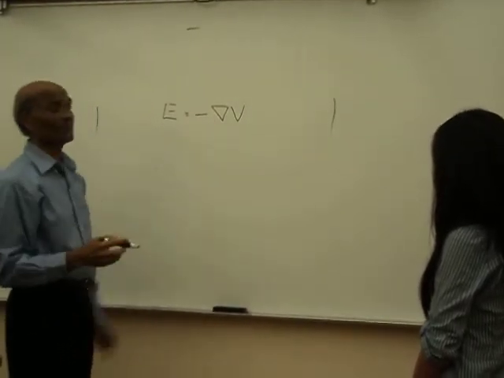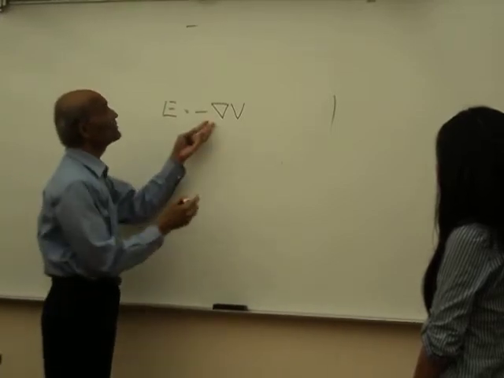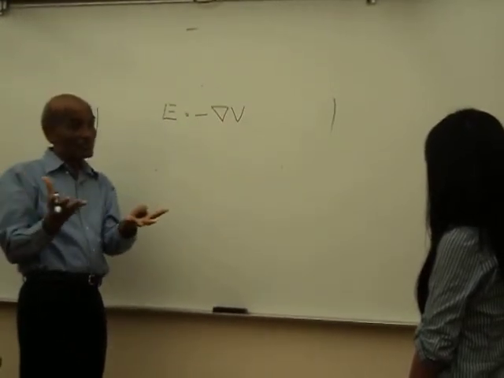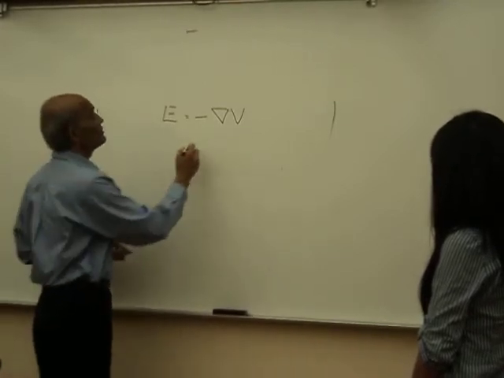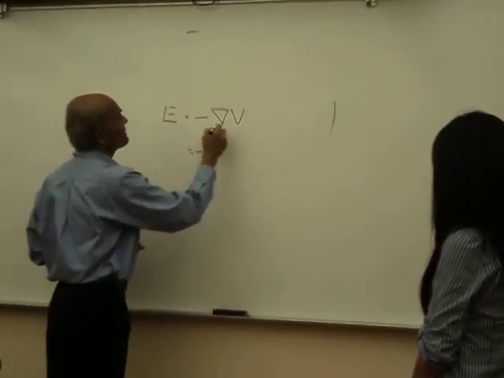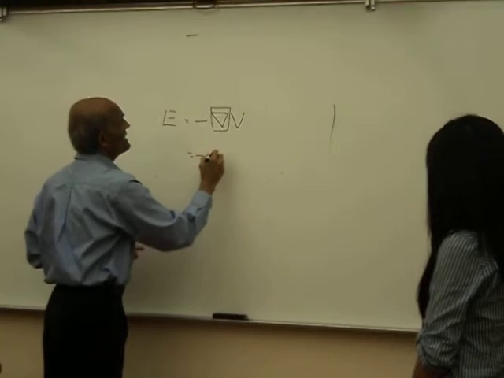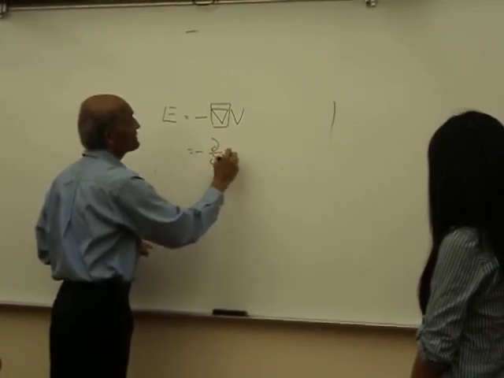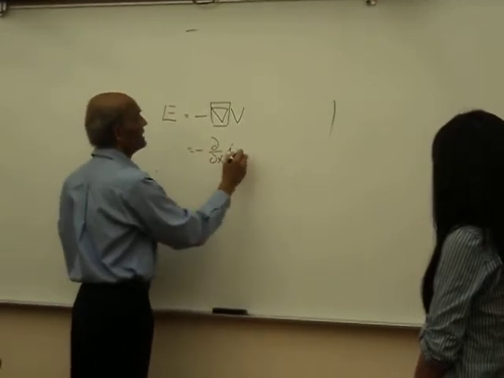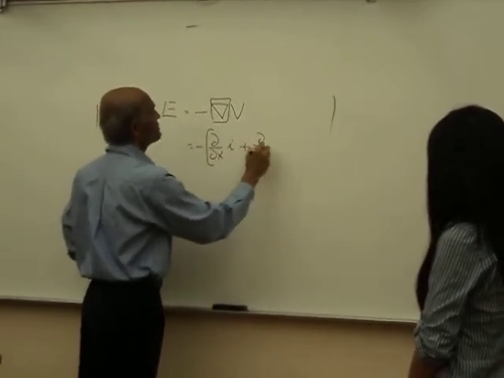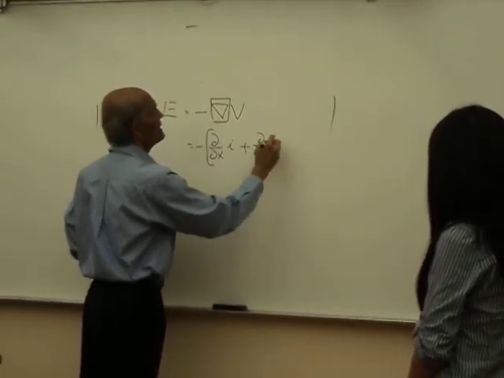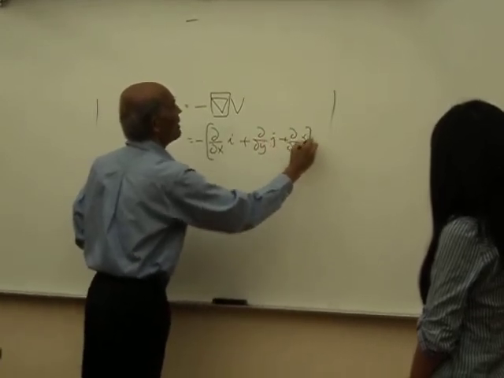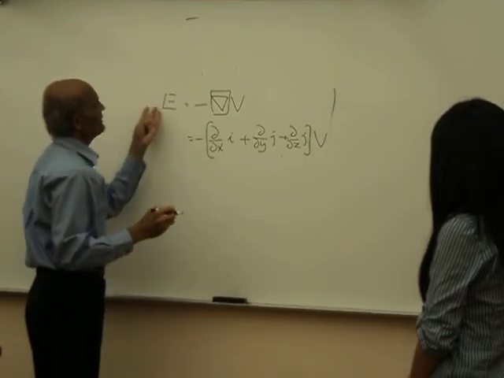Now, what does that mean? The gradient of the potential function. The potential function exists in a three-dimensional space. So, this is the same as the derivative of the function with respect to x, that is the i vector, plus the derivative with respect to y, plus the derivative with respect to z of the potential function. Now, this is